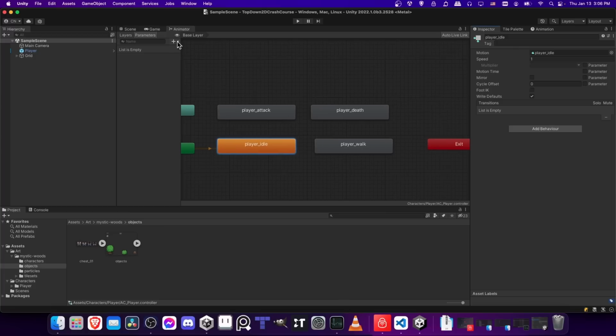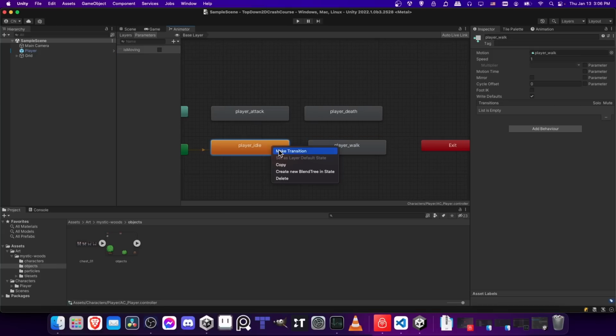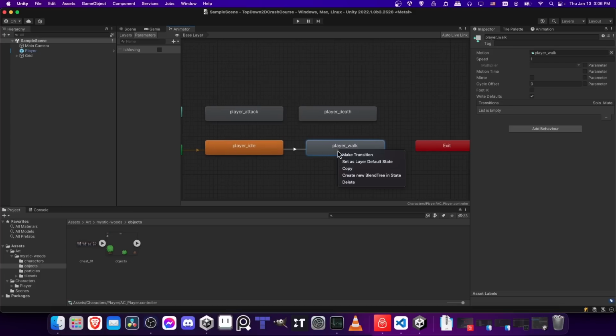animations. So in the animator, switch from layers over here to parameters, and then click on the plus button and choose Boolean. So the Boolean, I'll call it is moving. And then this is moving parameter will be set in code on a script attached to the player. So let's make the transition from player idle to player walk. Right click, make transition, and then click on player walk, and then right click on player walk, make the transition